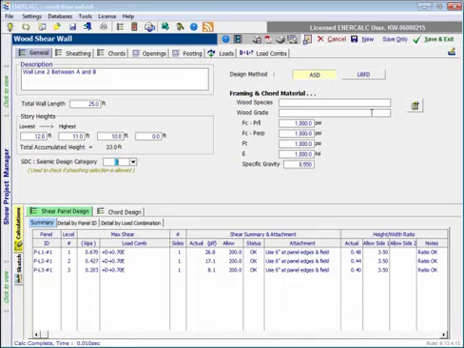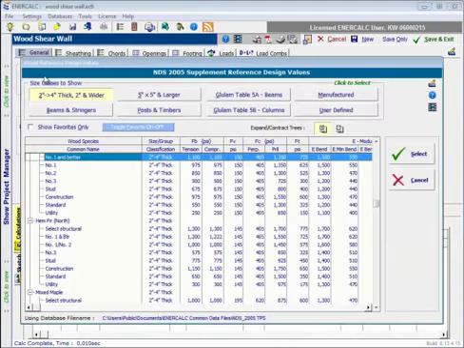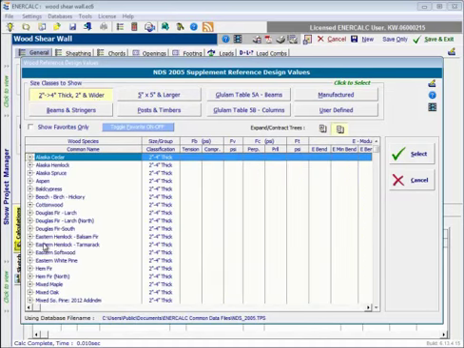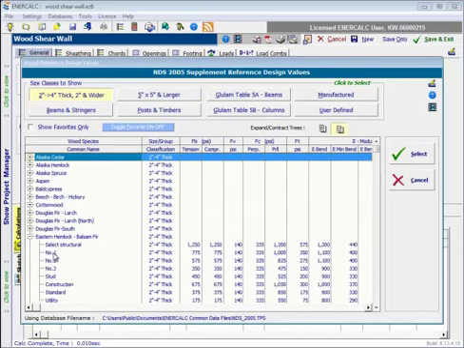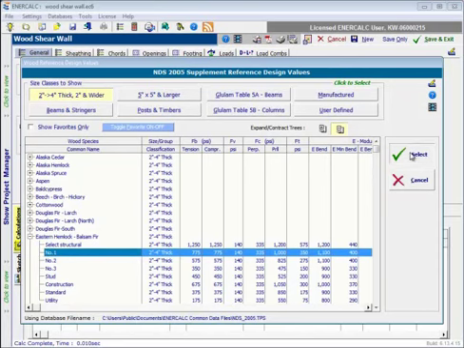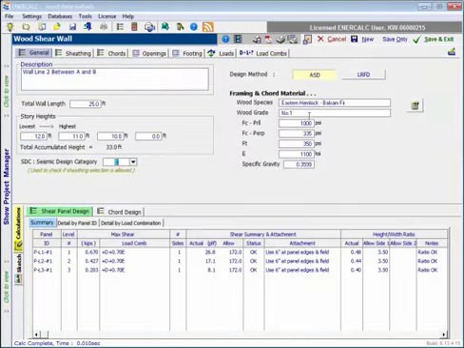The last thing that we have to enter here on the General tab is the framing and chord material. Notice that there's an icon over here to the right which opens the wood reference design values database that's typical throughout the structural engineering library. So what we can do here is come into the appropriate size class. We can move down through and perhaps we choose balsam fir number 1 for interest's sake, and then click select,